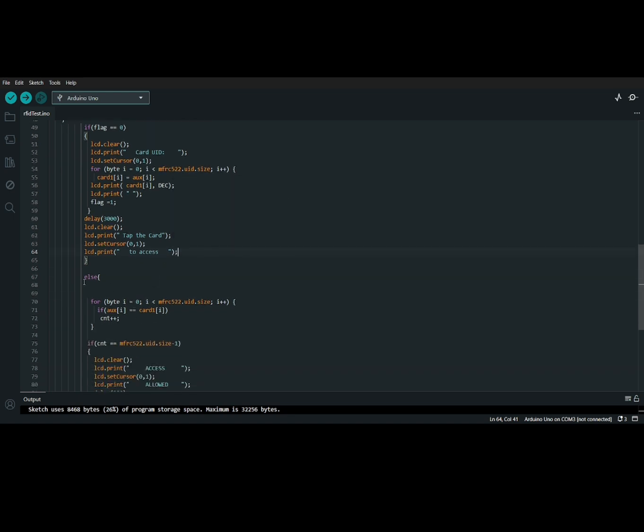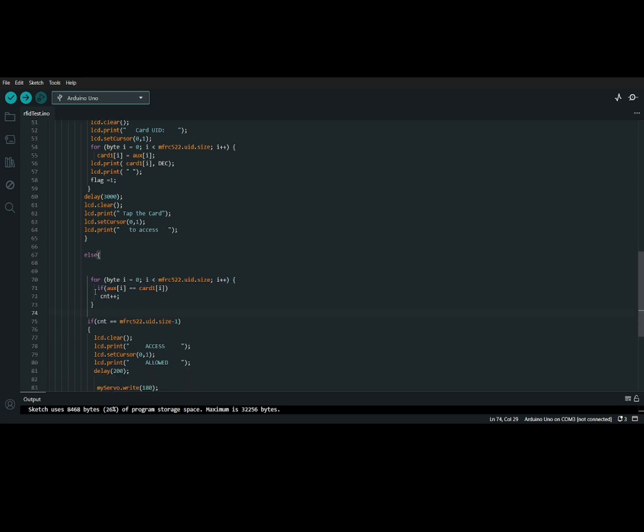And then we have this else. Inside the else we have this for loop again. This is to compare the scanned UID, AUX, with the stored UID, card1.